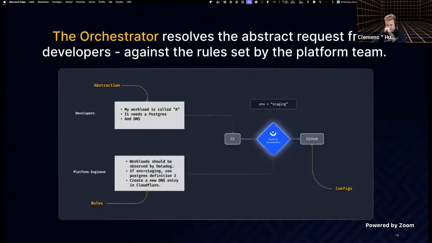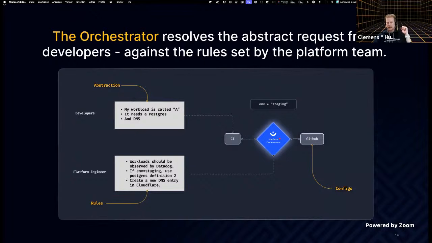If you've remembered the slides from the beginning, one of our products is the orchestrator, which actually lives right here. And let me very quickly explain to you what the orchestrator actually does. It takes the ask from a developer, an abstract ask, for example, that his workload, the system or the service that he's working on needs a Postgres database to not have amnesia, takes that ask, ingests it, or gets it propelled via the CI system to itself, and then has to answer the question on how to actually create that Postgres database.